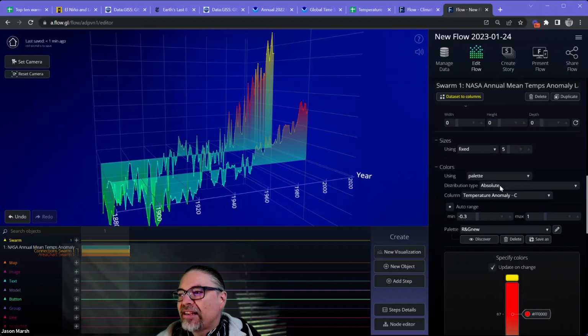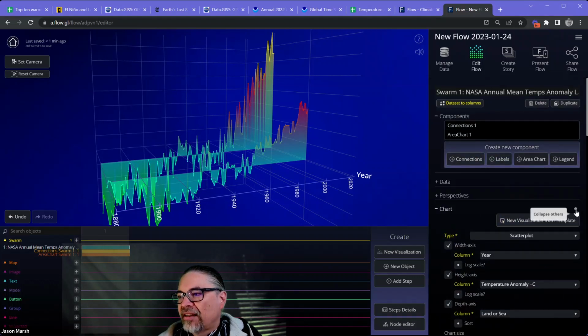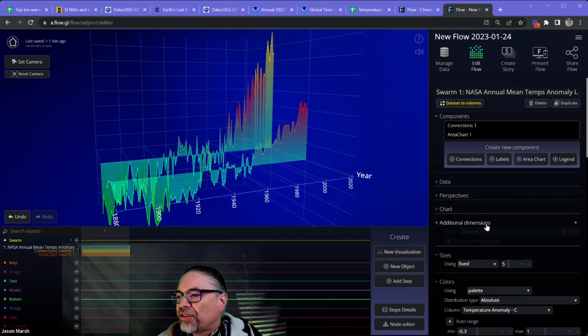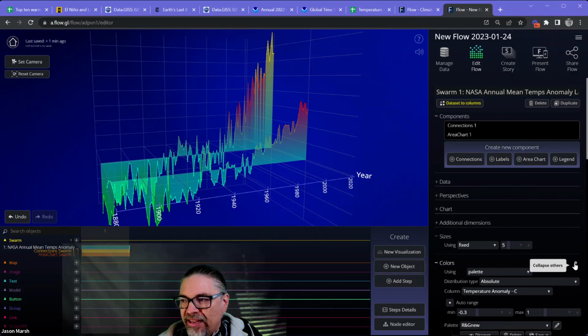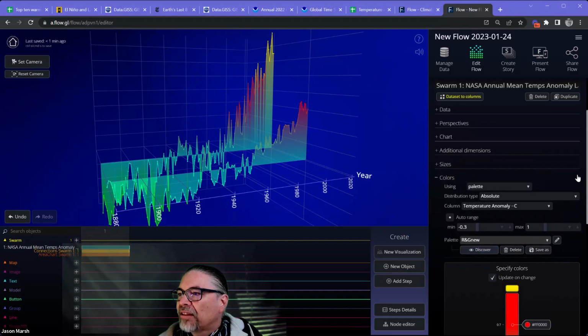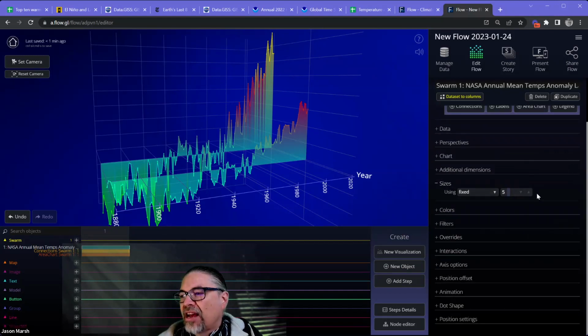So just to remind you that what we're doing here is we're working with the swarm on the right-hand side. And it can kind of be a lot of options here. Something that you might want to do when you're working with it is you can click on this little dot and it'll collapse everything except the one you're working with. So maybe I just want to focus on sizes, which is nice.